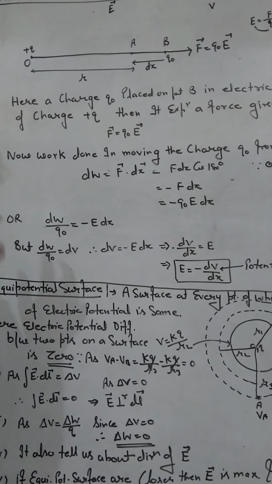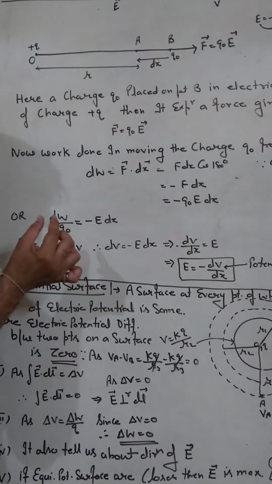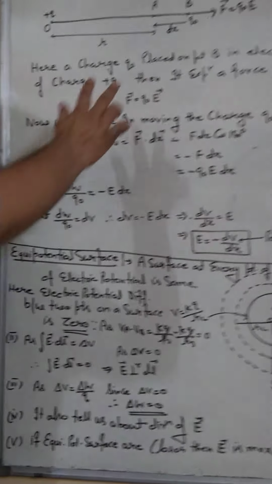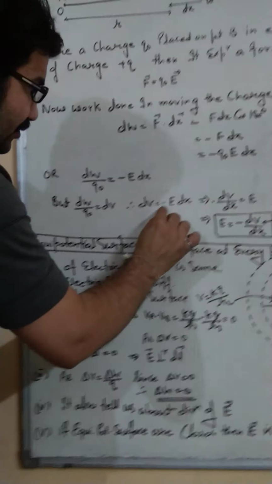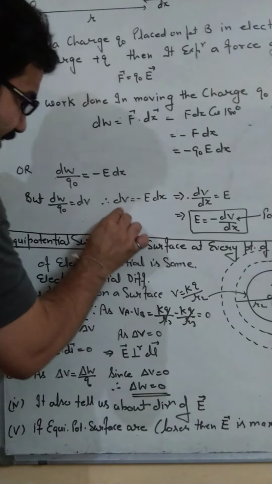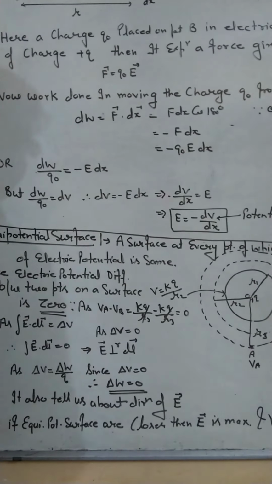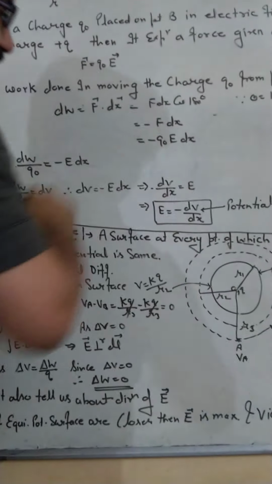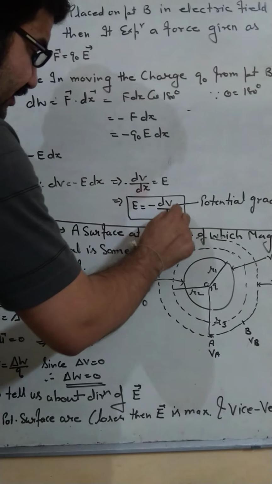But in previous classes we know that dW upon Q naught is the small potential difference between two points B to A, which is written as dV. dV is equal to minus E dx, and taking dx on the lower side of dV, then E is equal to minus dV upon dx. In this manner we can find a relation between electric field and the change in potential